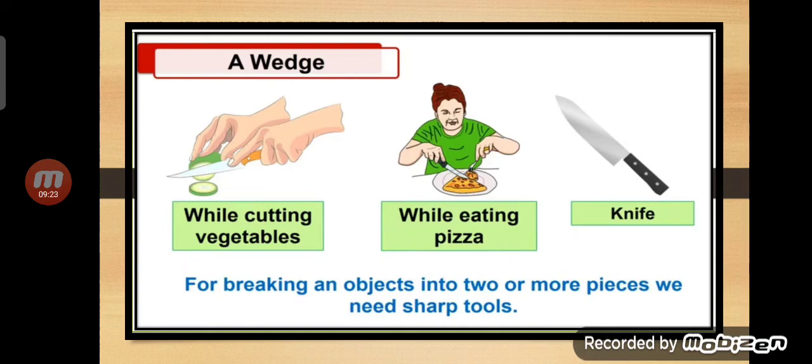To do all these things, you and your mother use a knife. From this, children, we can see that for breaking an object into two or more pieces, we need sharp tools, right? Also, to separate stuck objects, we use,